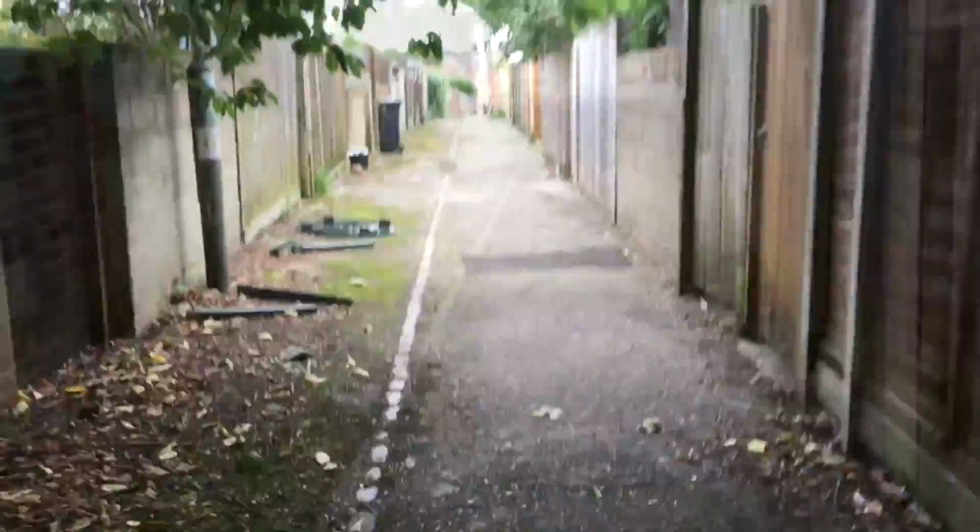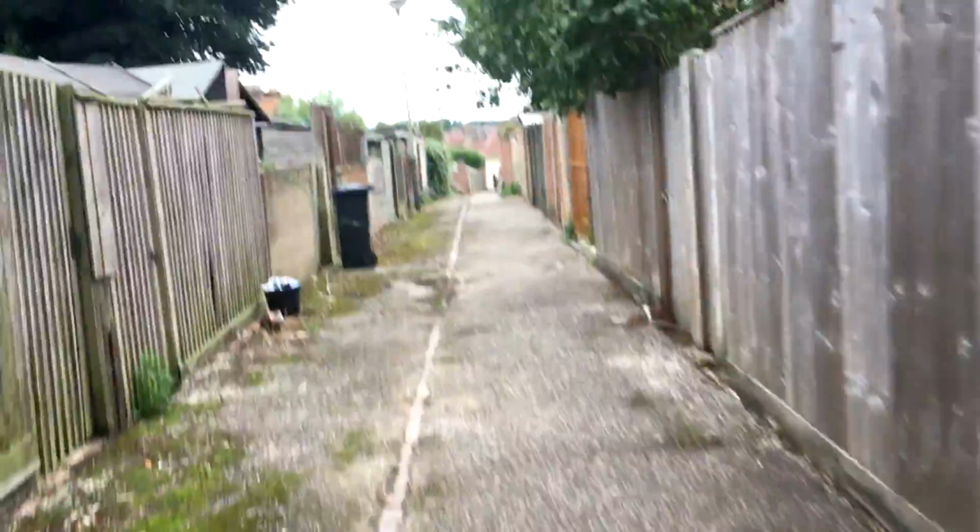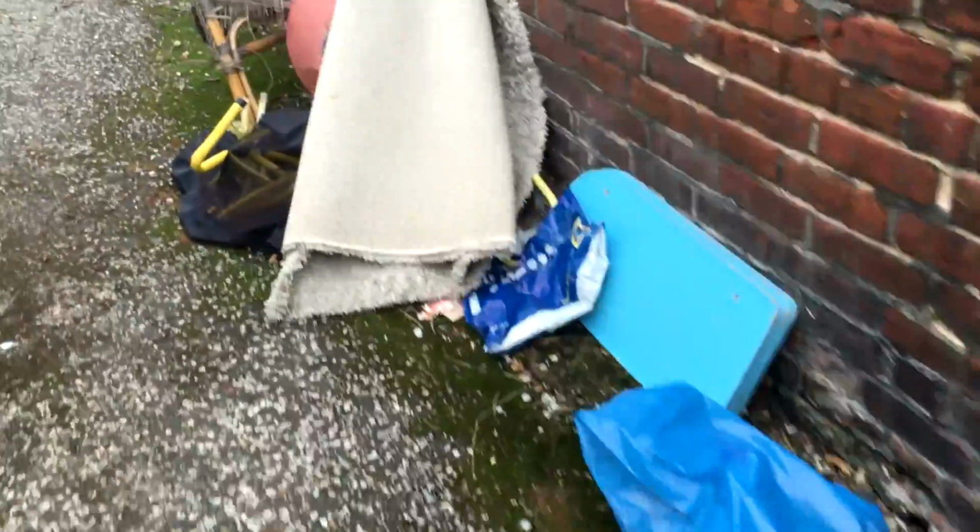Looks like a building site anyway, so this stuff is probably being used. So what else have we got? Some bike frames, a cot mattress, at least I think that's what that is. And a bit further down, the remnants of some broken plastic garden furniture, a satellite dish, a rug, a lampshade,